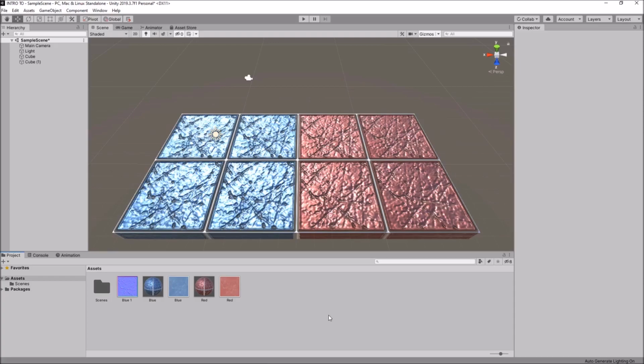Hello everyone. In this introduction to Unity video, we are going to take a look at the 4 different light